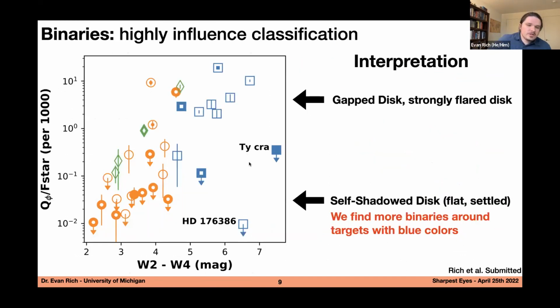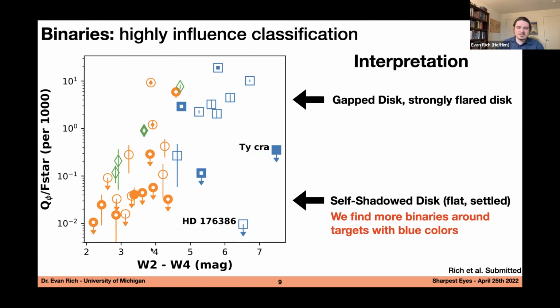And then finally, we looked at summing the total amount of polarized flux around all our images and divided by the flux of the star. And this will give us an idea of how much, a distance independent variable of how much flux we detect around our given object. And we observe a trend that had previously been seen where for bluer objects, so